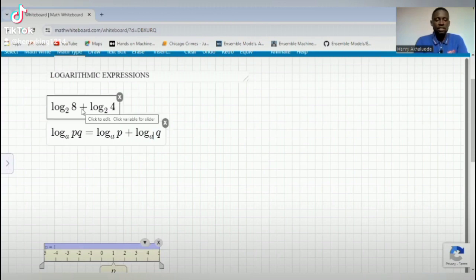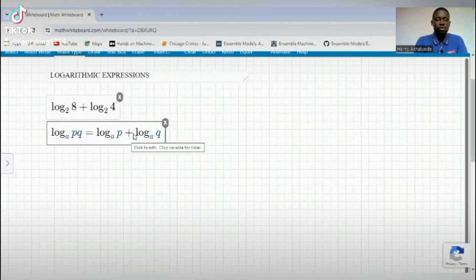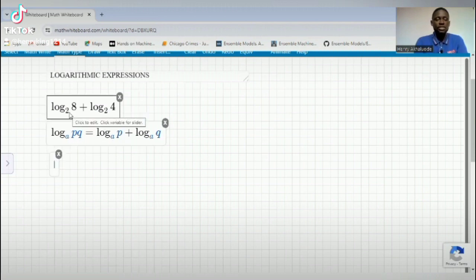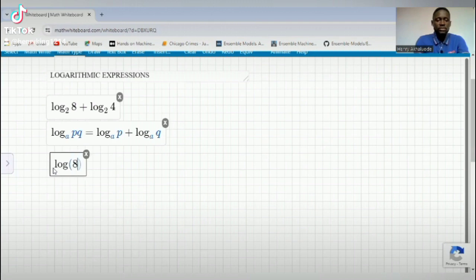Now, when you look at the logarithmic expression we have here, you can see that the right-hand side of this law fits properly into the expression we are going to resolve. So this expression can be condensed to look like what we have on the left-hand side of this logarithmic law. It therefore follows that where we have the logarithm of 8 base 2 plus the logarithm of 4 base 2, we can condense it, just like we moved from the left-hand side to the right-hand side here. So this becomes the logarithm of 8 times 4,